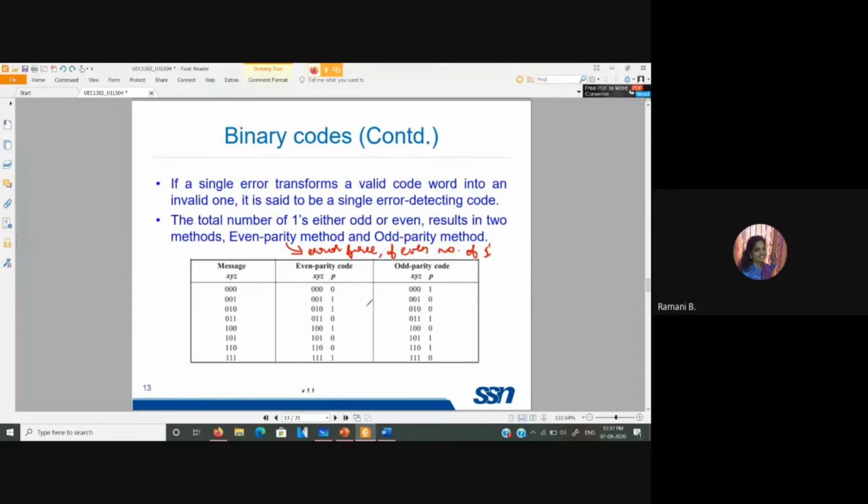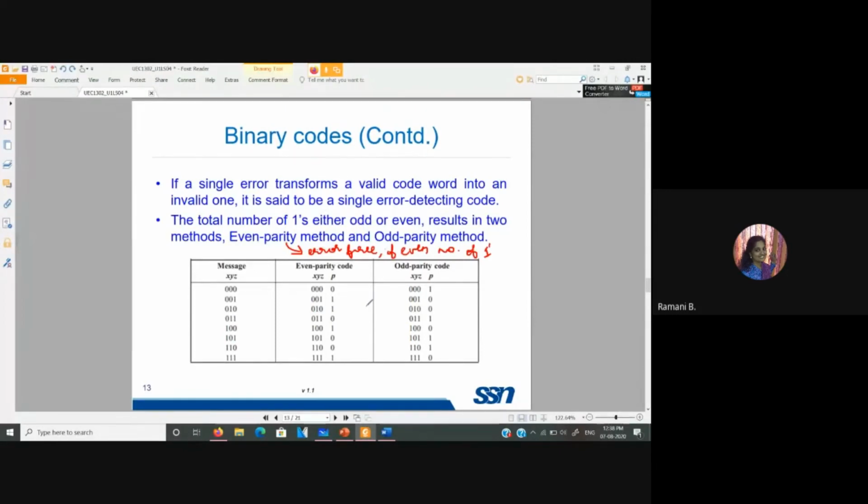Say I am going to transmit some 8-bit number. When we say even parity method, the receiver should receive the information as having an even number of ones. If the receiver receives an odd number of ones, it is implied that there is an error in the message received. That is the logic here.